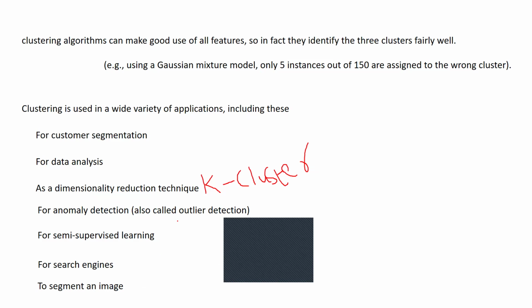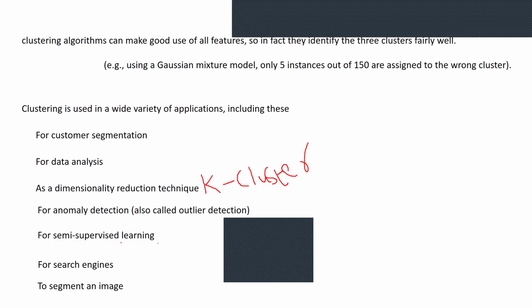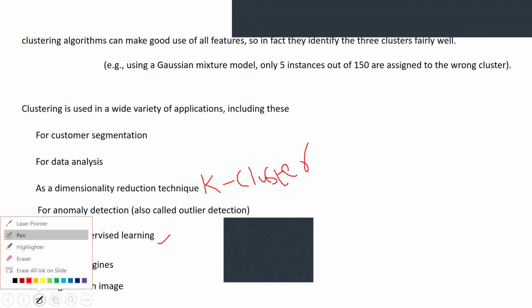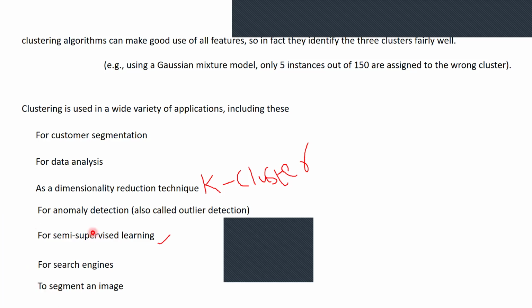That will be the outer layer; detection will be done first of all. Whatever we have at the lower level is going to be detected first. Coming to semi-supervised learning: here, some data is going to be labeled, not the total data. Some data is labeled from the cluster, and the labels are propagated to all the instances in the same cluster.